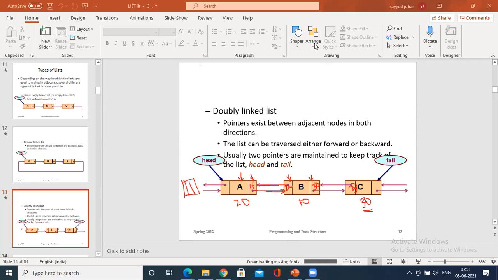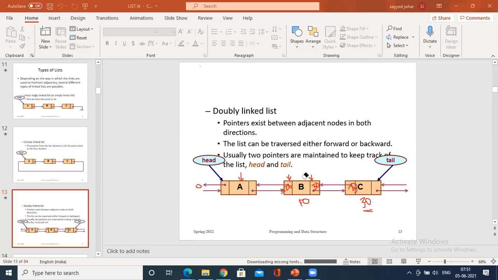If you are inserting a new node at the beginning, then obviously this left compartment should hold the address where it is to be connected previously. This holds the address of A. What is the address of A? Address of A is 20. So that time you find it easy. So this is the concept of the double linked list, right?